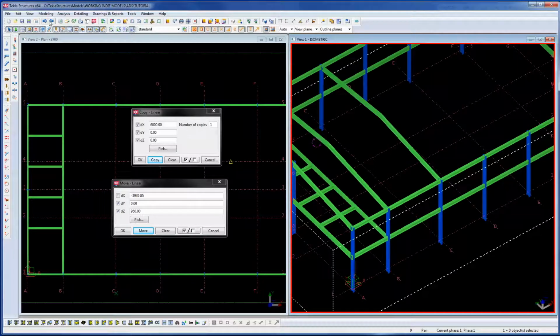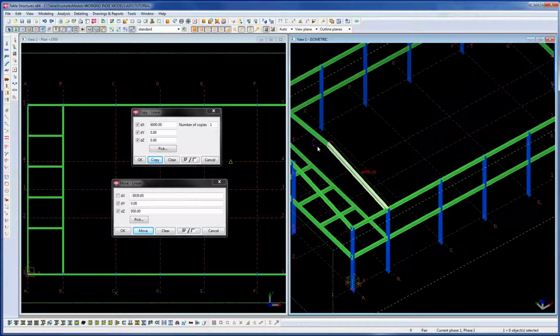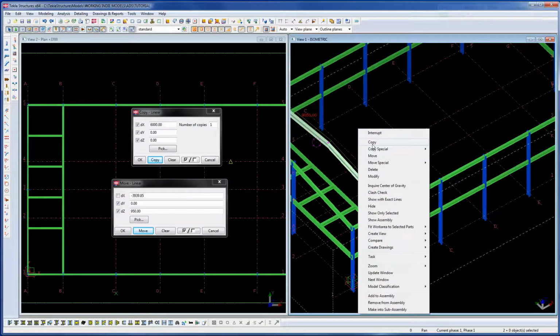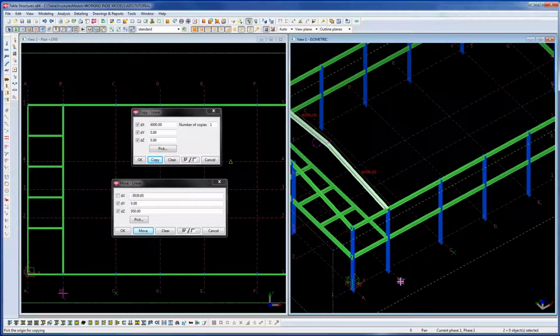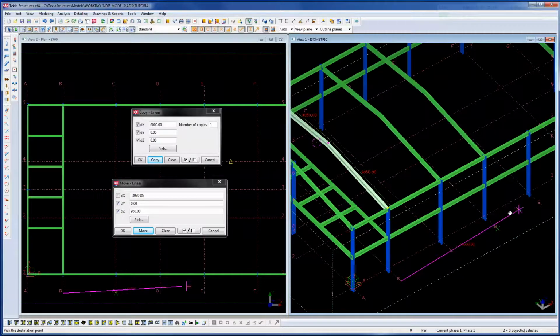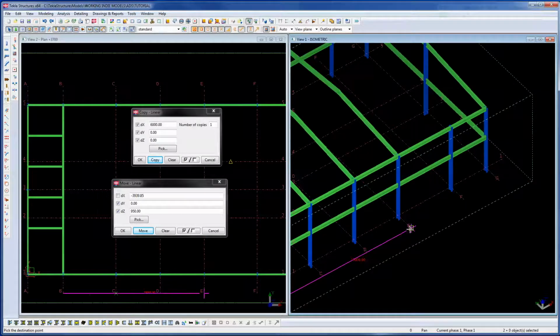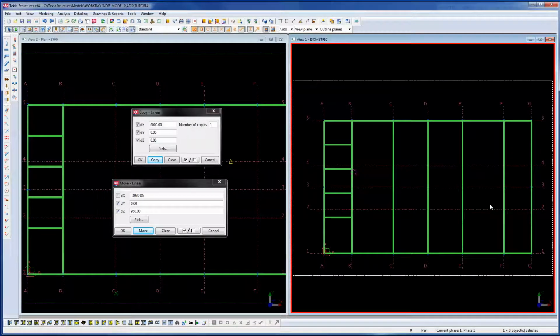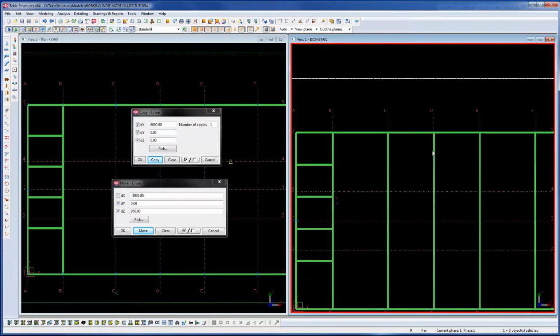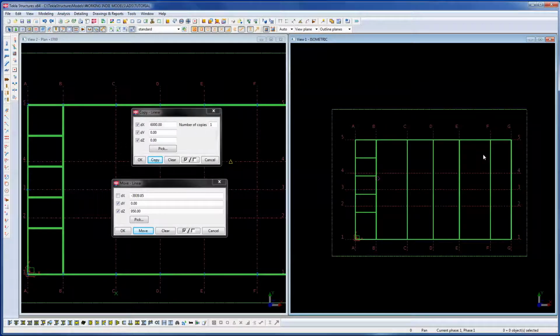So for the sake of this job, all these grids are different, so I'm just going to do copy. I'm going to pick down here, and drop the grid on there, quick flick to there. You can see that they're all lined up with my grid. Control P,